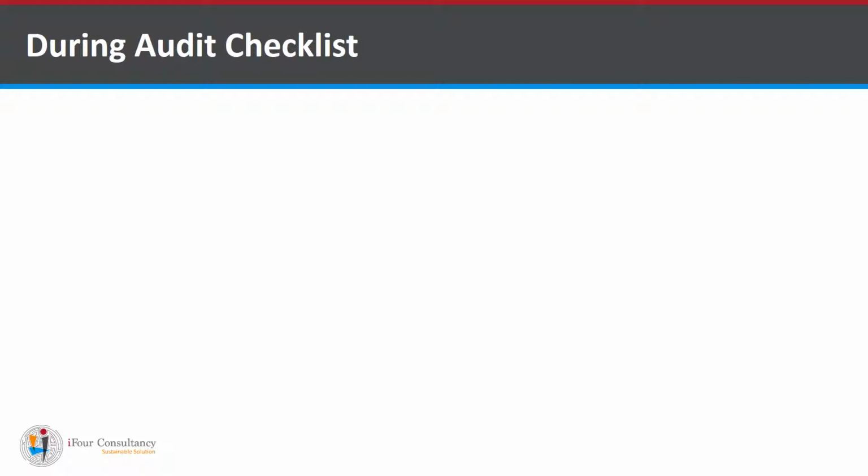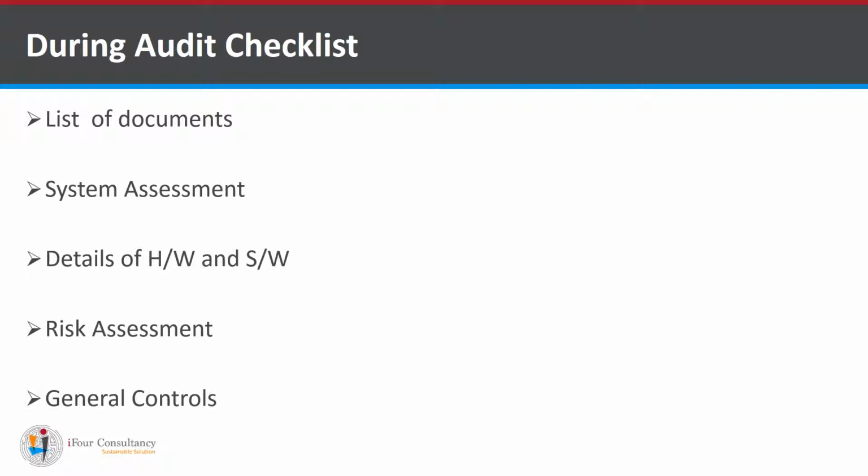Now let's look at what an audit checklist must have while executing the audit. First one is a list of documents. The documents that are prepared by the organization must be there and must be evaluated in the audit. For example, has the organization prepared an organizational chart with entities and responsibilities? Then, regulations and laws that are affecting the organization. List of applications and their details. Network architecture including client server architecture.